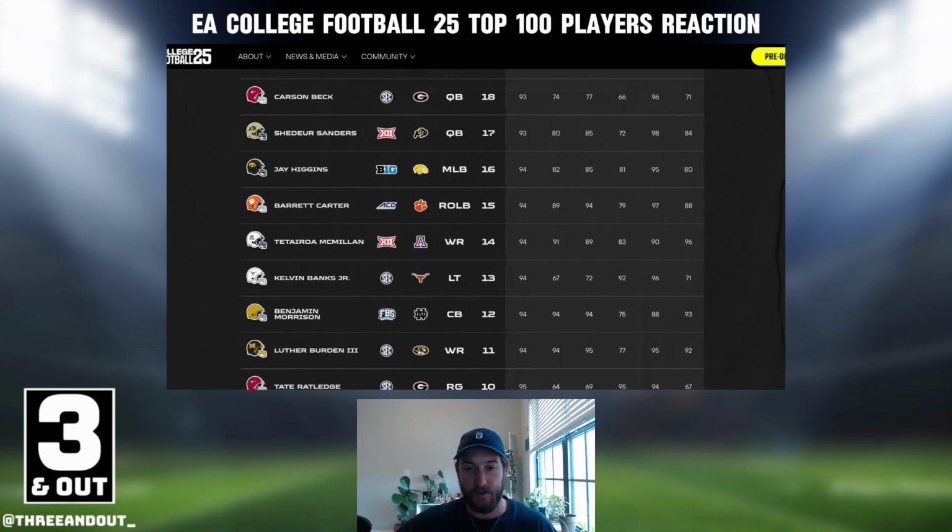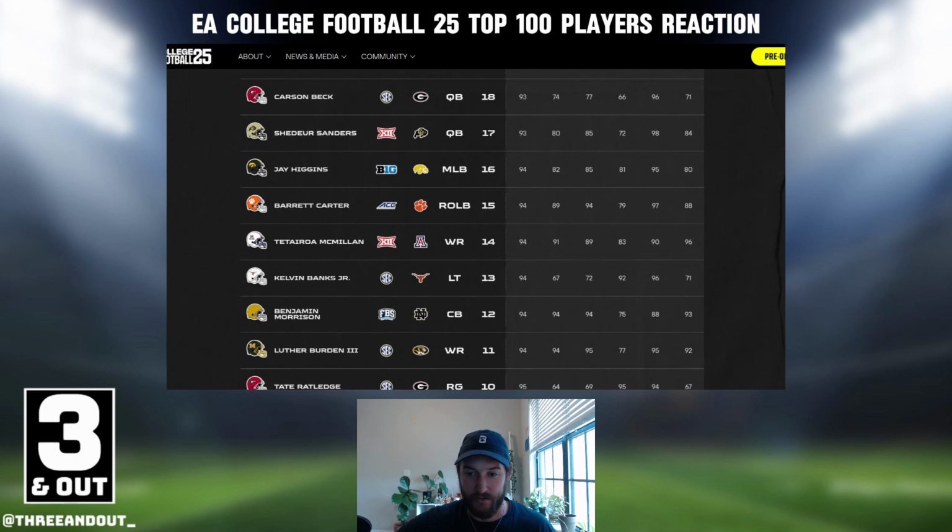schedule year after year. We'll look at their schedule going into this season and what that looks like and what their chances are, but it's a little different this year in the SEC, and I think Missouri has a good shot to take a run at it, especially with the help of this guy at number 11, 94 speed. I think he will be one of, if not the best receiver in this game. We'll see if there's any other receivers in the top 10, but he's definitely a top 3 choice.